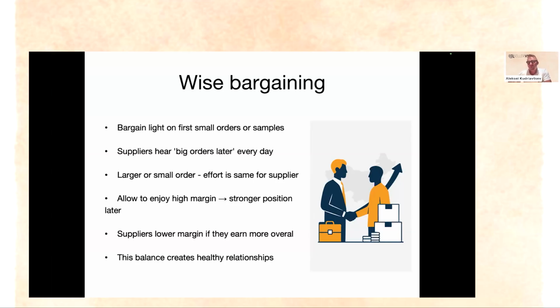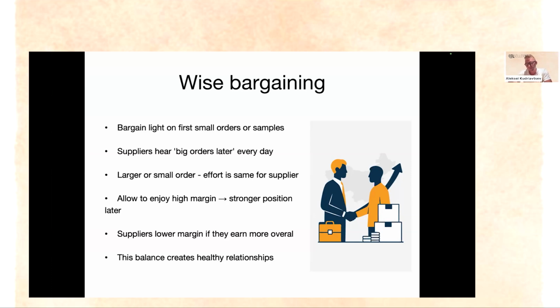And as a matter of fact, most of the requests don't go further from this stage. Most of the requests just end up in the status of the request. And for a supplier, it can be something like a red flag. So we can see that some of our customers prefer to differentiate themselves on this stage, and they are